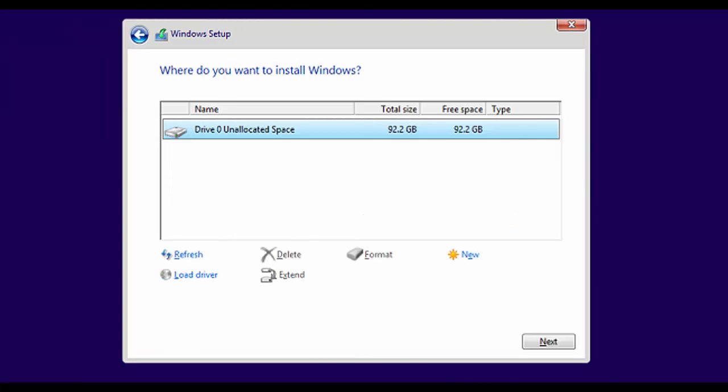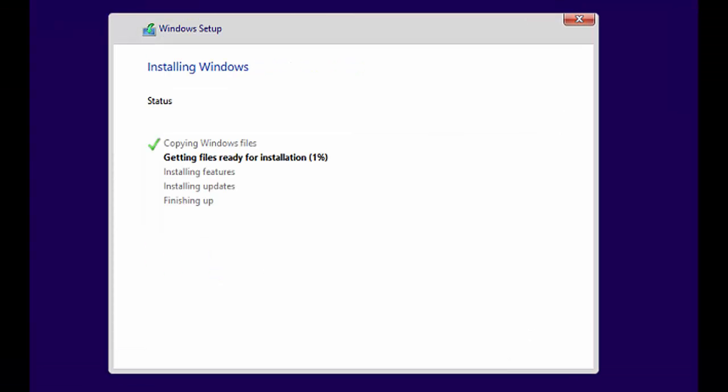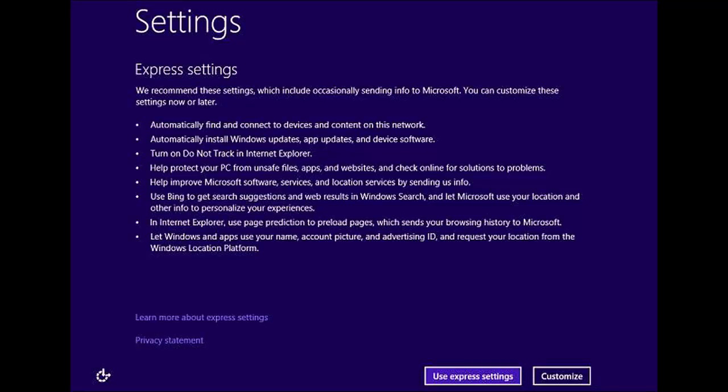At this point you'll need to pick where to install Windows 10. You might need to delete or create a partition, but if you are using a virtual machine, you can just click Next. And now it will install. Once the PC reboots again,